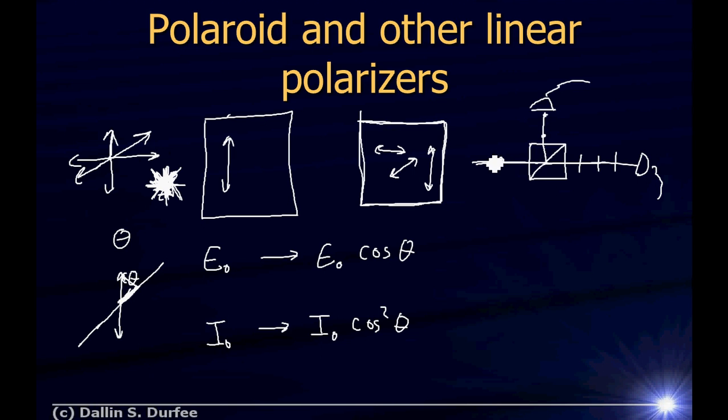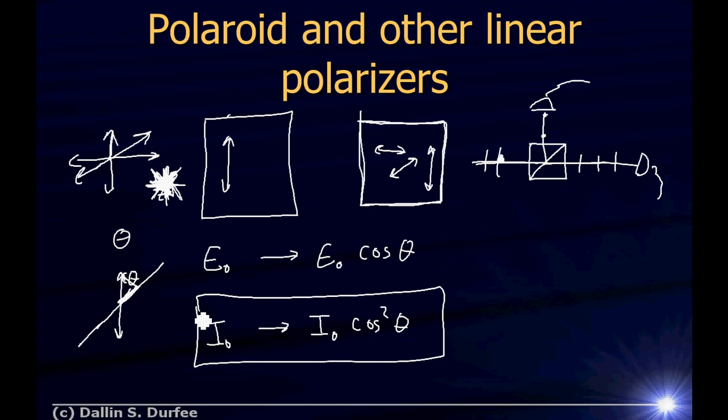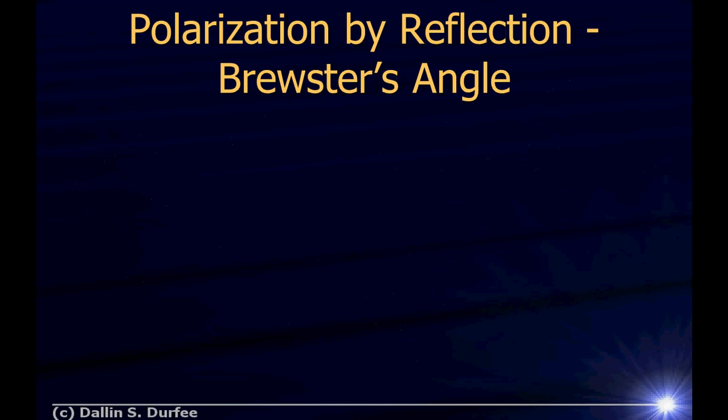If I have a polarizing beam splitter, if I send in this polarization, it'll all reflect. If I send in this polarization, it'll all transmit. If I send in unpolarized light, I'll get half in each side. If I send some light in diagonally polarized, I'll get some here, and so forth. And the equation that tells me what intensity gets transmitted is that one right there. Okay, another way you can polarize light.